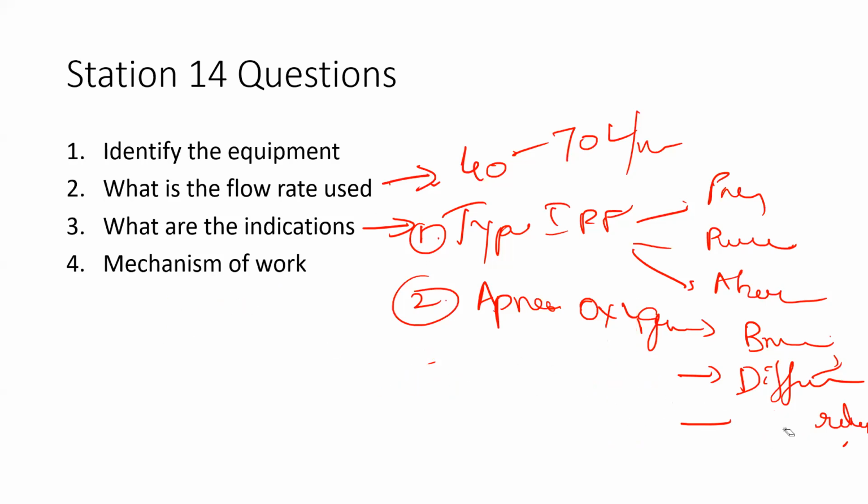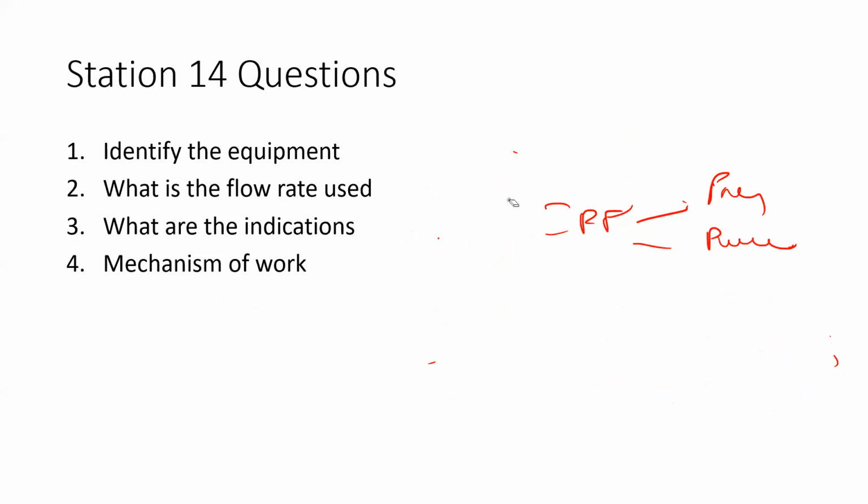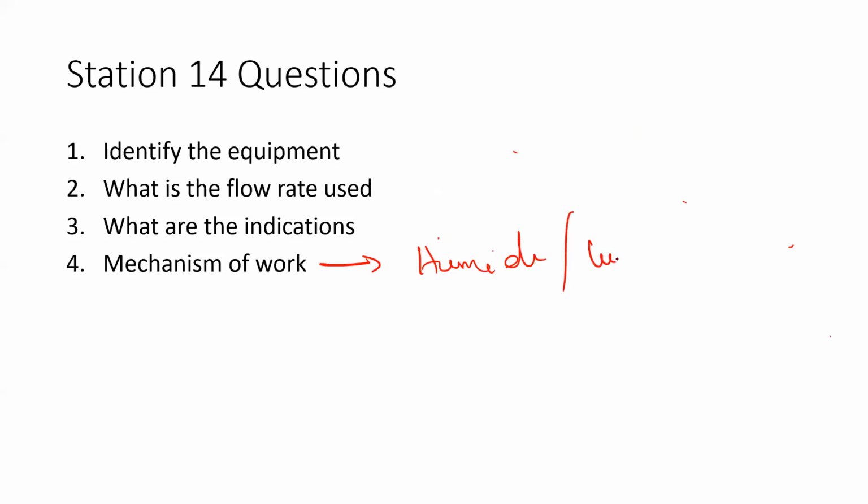What are the physiological mechanisms by which it works? Sir, it decreases the atelectasis and secretion while humidifying the air. Okay, so first thing, it humidifies. It humidifies and warms. What is the temperature used for high flow nasal oxygen? 31 to 37 degrees. This is the temperature of the gas before getting into the patient. So it humidifies as well as it warms. In that way, it loosens the secretions. It improves the ciliary activity.